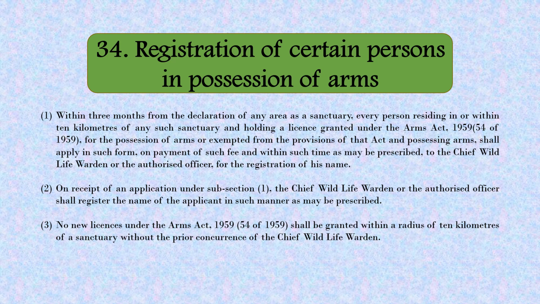So here it states that within 3 months of the declaration of any area as sanctuary, every person living inside the 10 kilometers circumference of the sanctuary and holding a license of possession of arms, they are exempted from the provisions of the act of possessing arms,